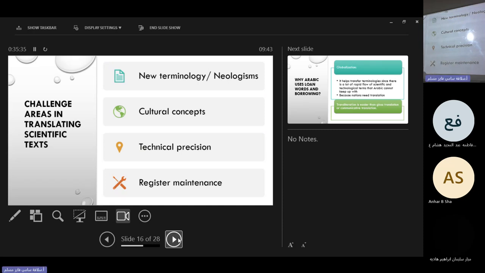يعني register أخذناها. register. الريجستر معناها، الريجستر هي